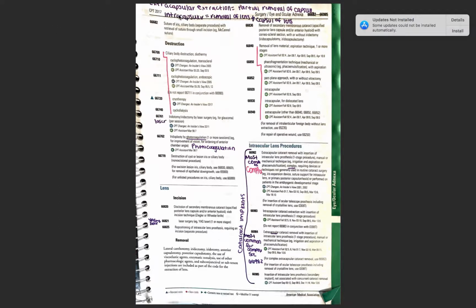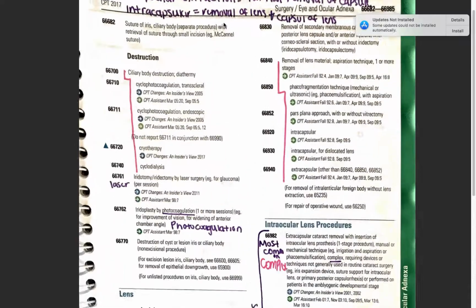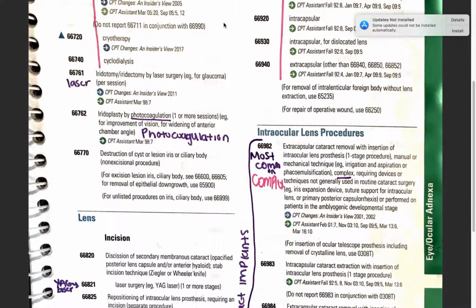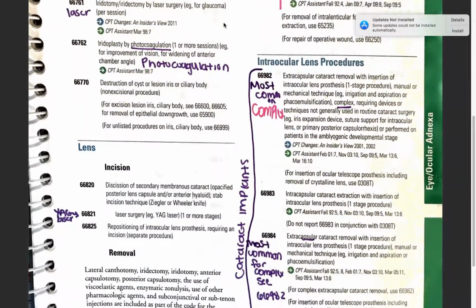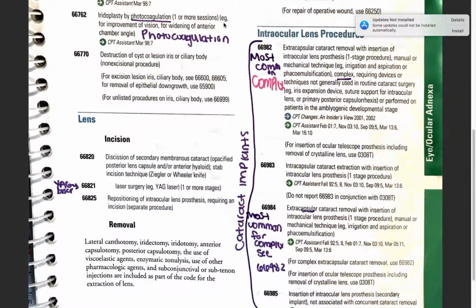Look at my page and notice how at the top I put the extracapsular extraction definition, which is the partial removal of a capsule, and the intracapsular is the removal of the lens and capsule of the lens. Let's look at these common procedures, which are the cataract implant codes. For cataract procedures, they are implanting intraocular lens. The most common codes are